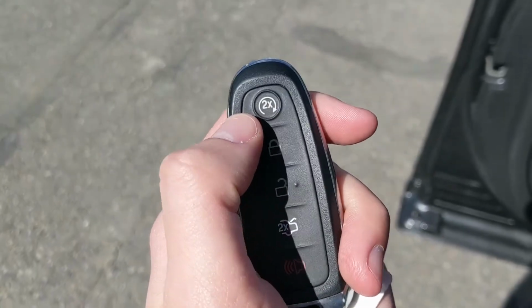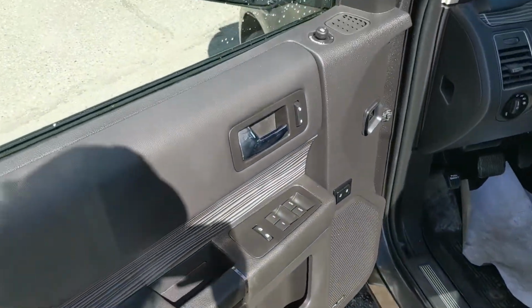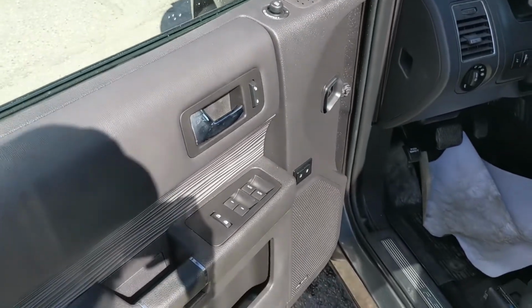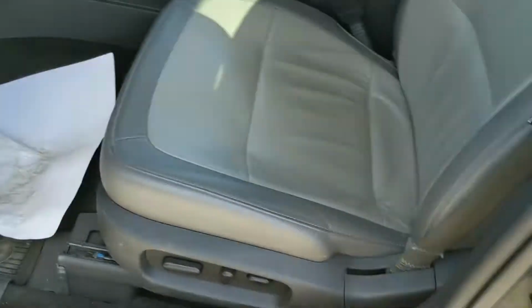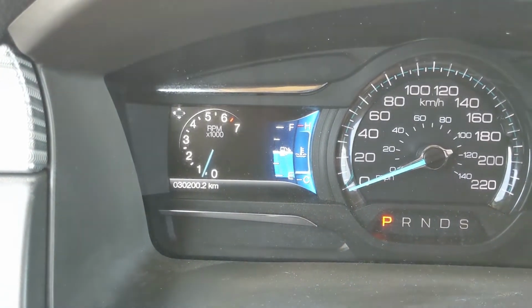This vehicle does also have a remote start, so no need to go outside on those cold mornings to warm up your vehicle. And looking in, you have power folding mirrors, and adjustable, of course, power locks and power windows. And looking in, you have a fully power adjustable driver's seat with 2 memory buttons for your driver's seat, steering wheel, pedals, and mirrors. So now sitting in the vehicle with it running, you can see it's sitting at 30,200